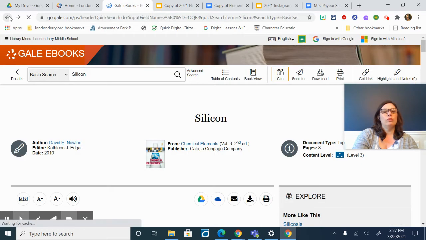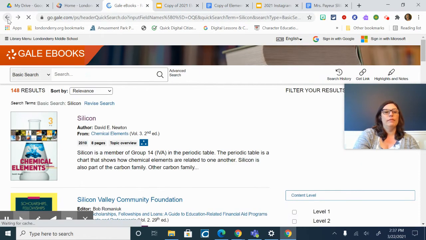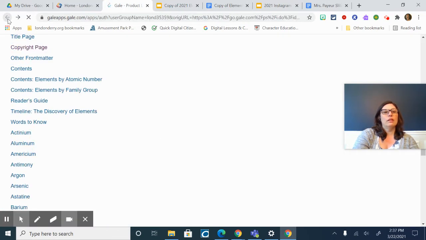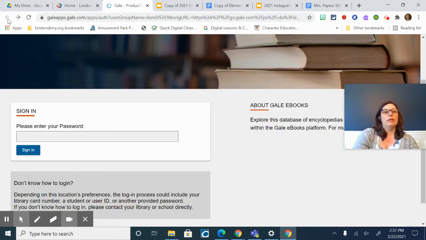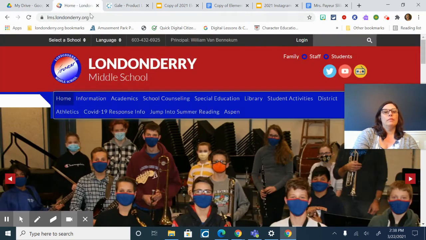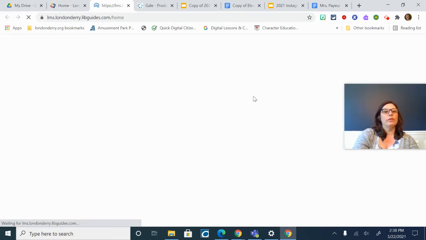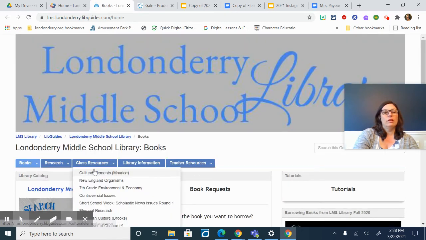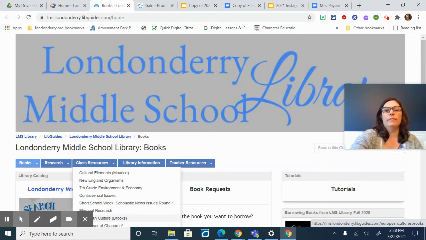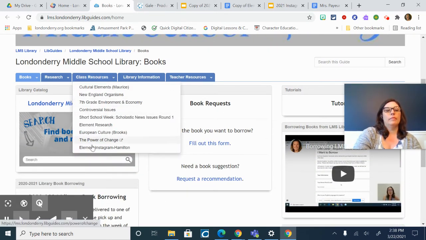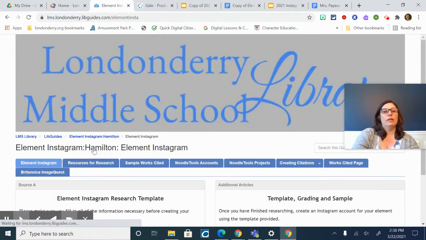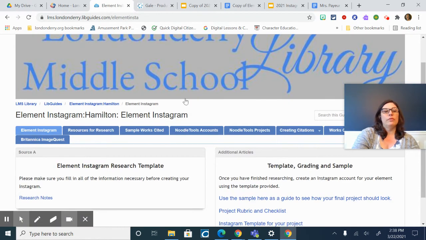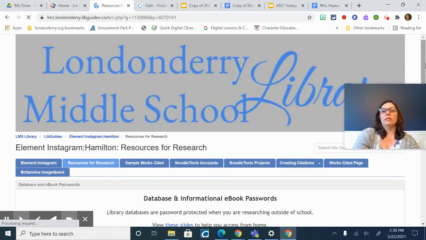And I will show you how to access some of the other tools that we have, such as the databases. So I'm just going to go back into the library really quick because that didn't open. So I'll go back to class resources, Element Instagram. And some other resources for researching are